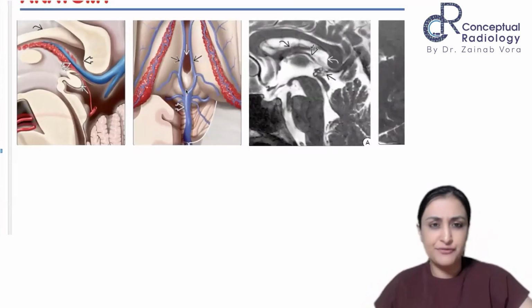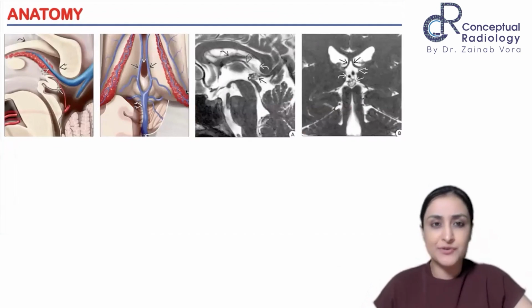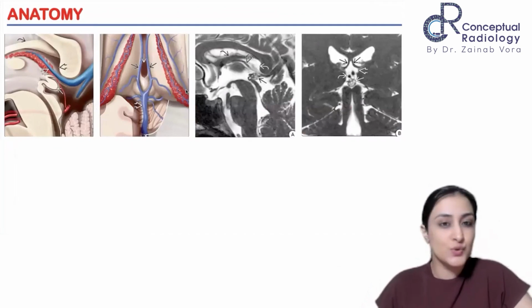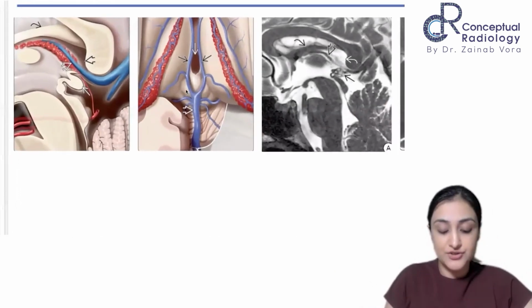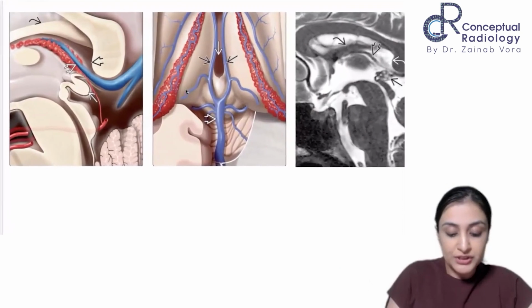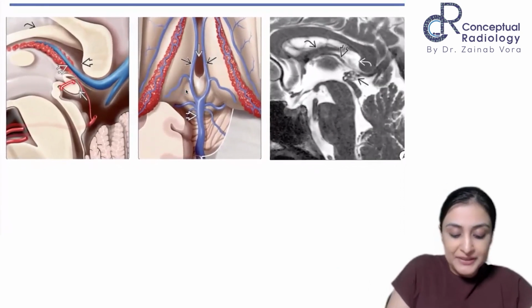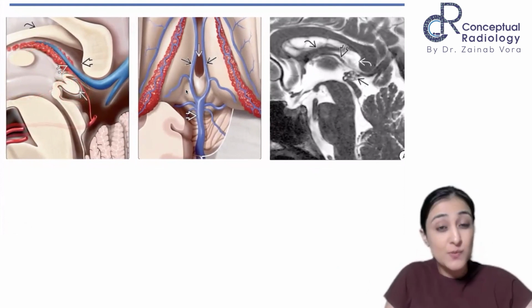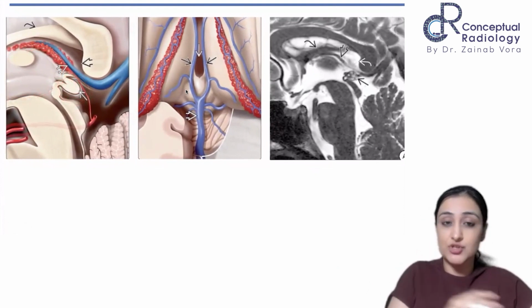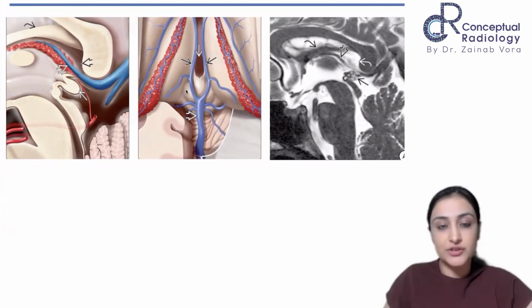So the reference for this talk is primarily Osborn. That's what I've done for almost all neuro classes, so same goes with this one. These are two beautiful schematic illustrations from Osborn. This is where the pineal gland is located. This, as you all know, is the third ventricle. The pineal gland is a small gland which secretes melatonin, situated in the posterior wall of the third